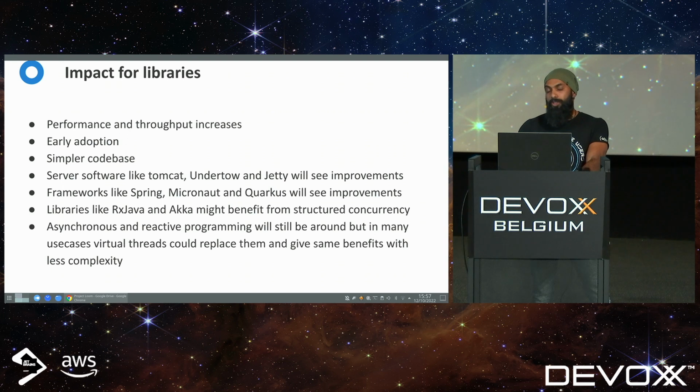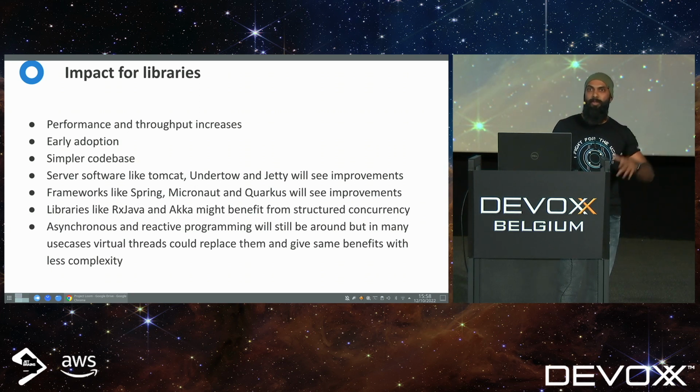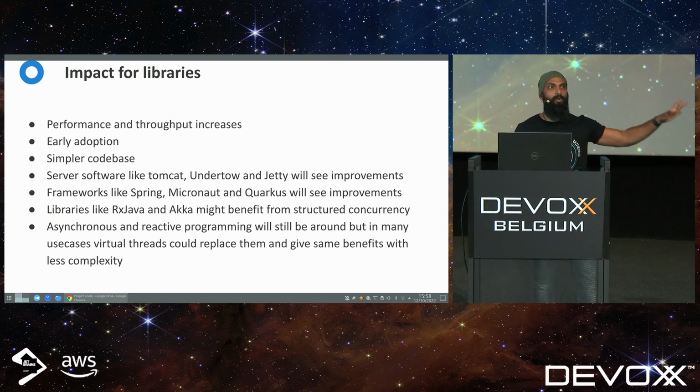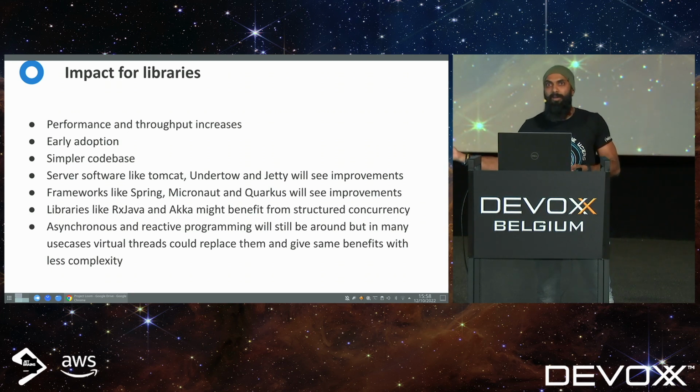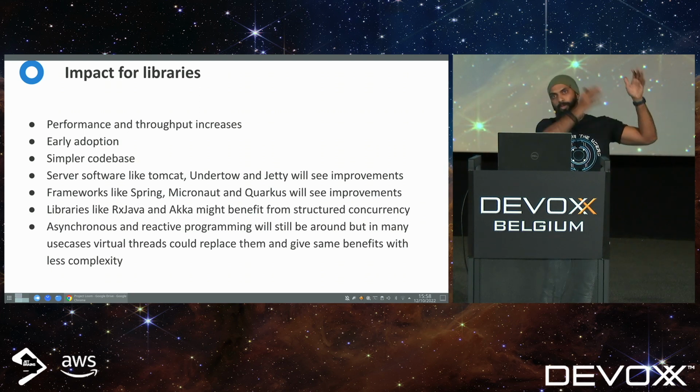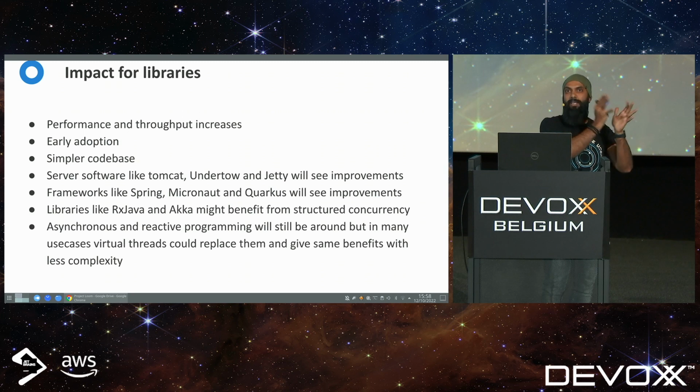Of course, virtual threads are going to displace asynchronous and reactive programming, because we do asynchronous and reactive programming as a workaround for throughput issues these days. So you can actually stop doing that and use virtual threads, because virtual threads are much simpler to use than asynchronous or reactive programming, which are complex patterns. They require a lot of work. They are harder to debug, harder to write. This is simpler, so it's easy to decide between these. So people are going to start using virtual threads instead of those. The use cases for reactive and asynchronous are going to shrink. Of course, there will still be some use cases, but that's definitely going to shrink.